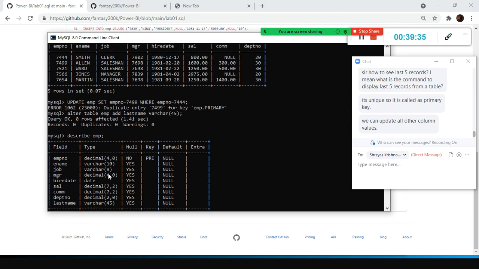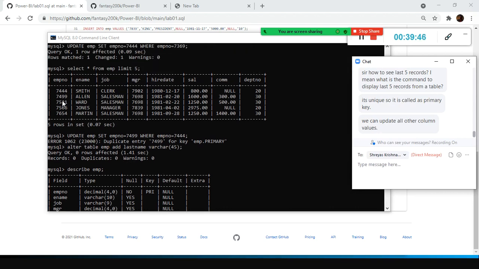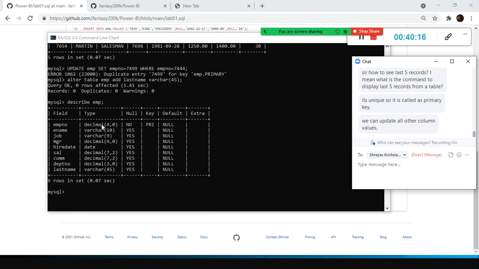So this one will be blank. Probably you can go to Workbench and fill up the blank values for the last name, give some names and all. Okay, test it. So the point here is you can modify the primary key value provided that it should be unique; the new value which you are giving should not be there already in your table. Now we have understood what is a primary key. Can I create a primary key on only a single column? You can have more than one column also. For example, you have Aadhaar number column and employee number column, both put together you can create a composite primary key.